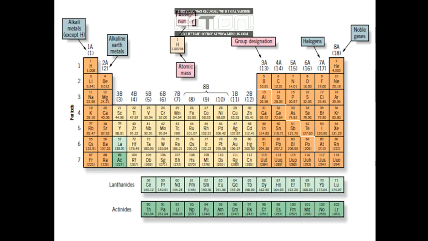A period is a group of atoms in a horizontal line. Meanwhile, a group is a group of atoms in a vertical line. There is a progression from metal to non-metal across each row of elements in the periodic table. The diagonal line at the right side of the table separates the elements into two groups, the metals and the non-metals. The elements on the left of this line tend to be metal, while those to the right tend to be non-metal,